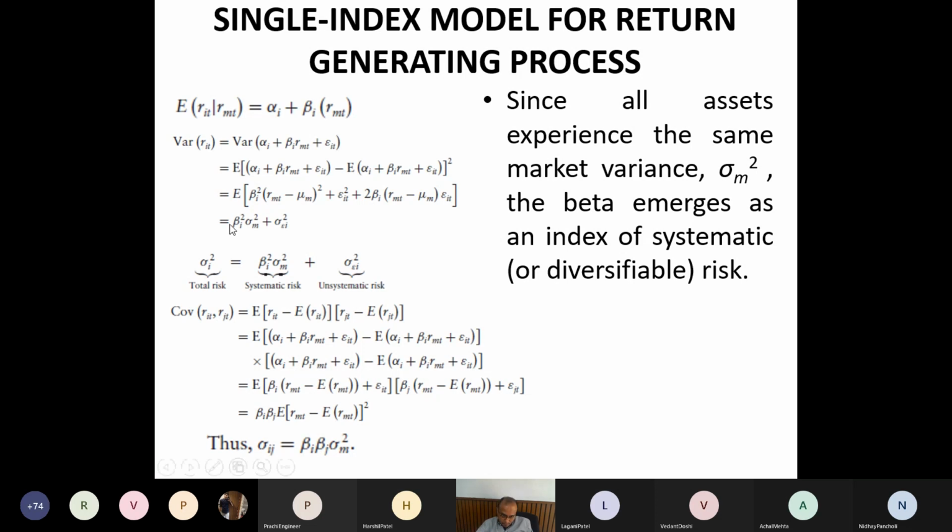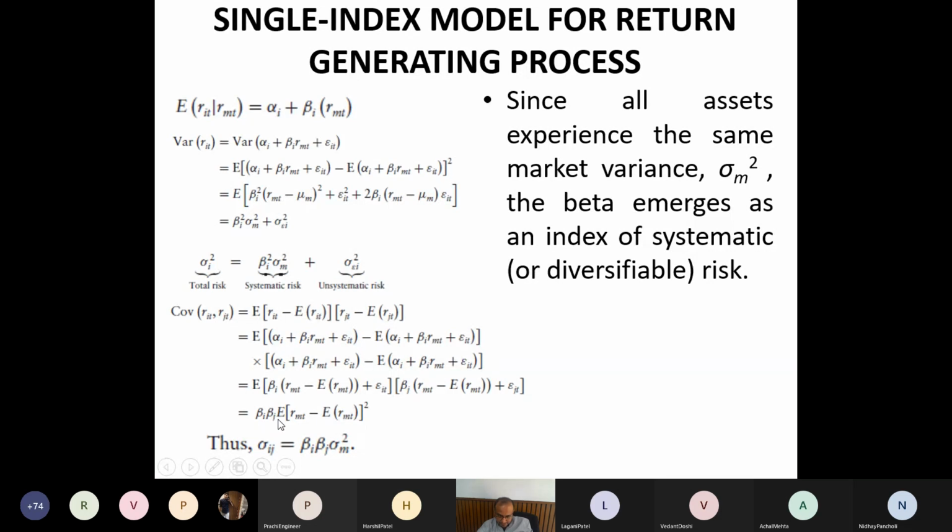Okay. Now if I go further in the analysis and I find the covariance of the return of security I and security J, then covariance of RIT comma RJT is the expected value of RIT minus its mean value into RJT minus its mean value. I have used the definition of covariance. Then further I substitute RIT, RJT and their expected values by using this linear model, and then again apply the property of the expectation. I will come to this equation. Okay, so that statistical analysis I leave to you, right? Expectation is a linear operator, so you can use its property.